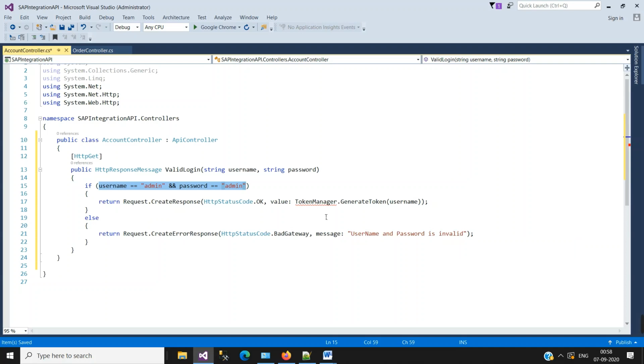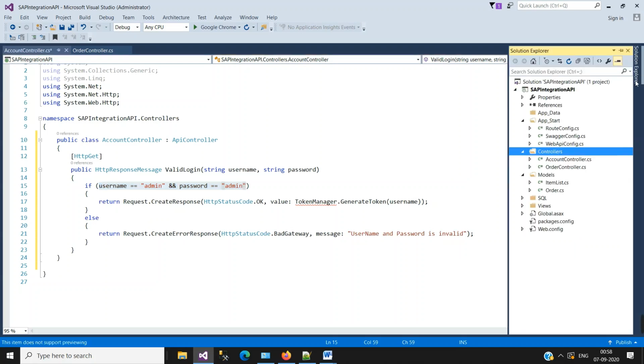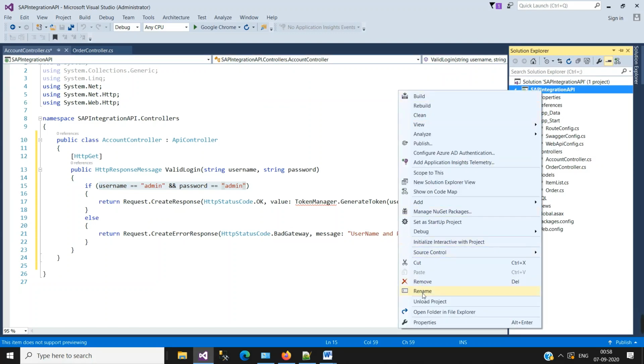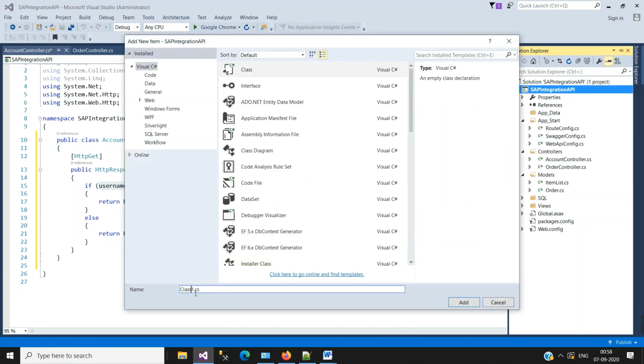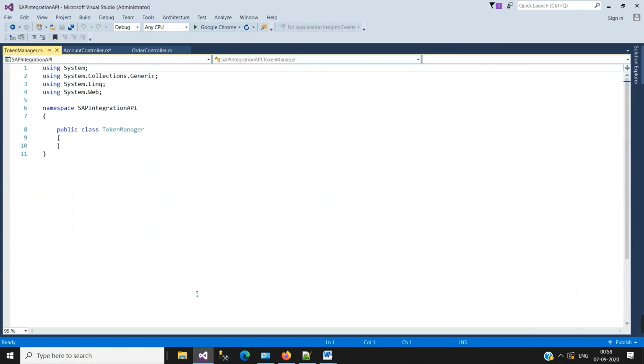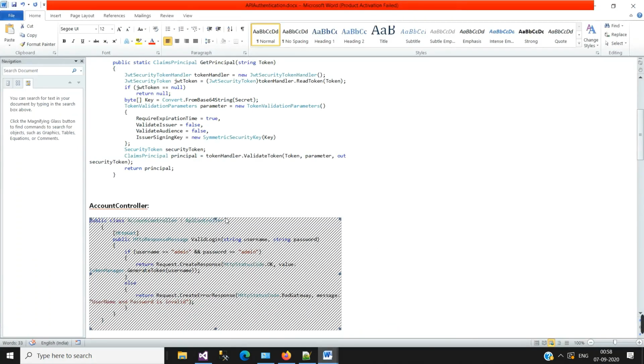So let me work on TokenManager, where we will generate the authentication token. Let me add a class here. The name would be TokenManager. For this too, I have already created the code.